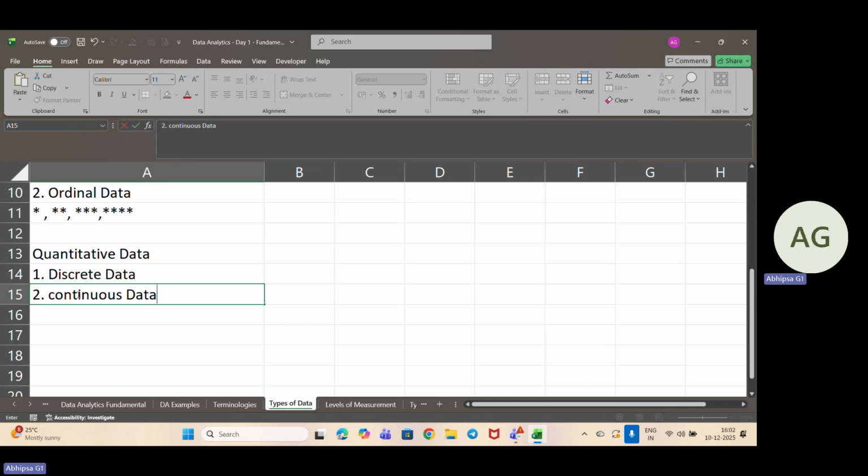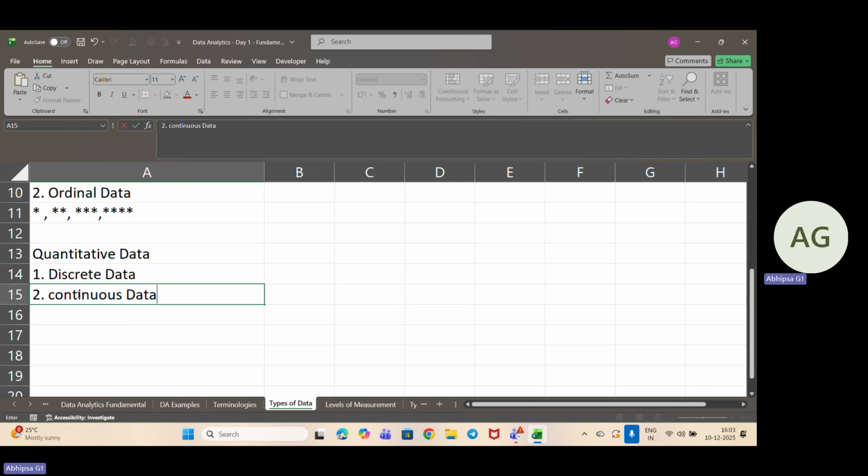Next is the temperature. Temperature is around 36.7 degrees centigrade. Next, the distance is 3.18 kilometers. Time, that can be 4 hours, 20 minutes, or 4.55 seconds. Like that, we can give proper references. So continuous is equal to measurements and can be of any value. That is continuous data.